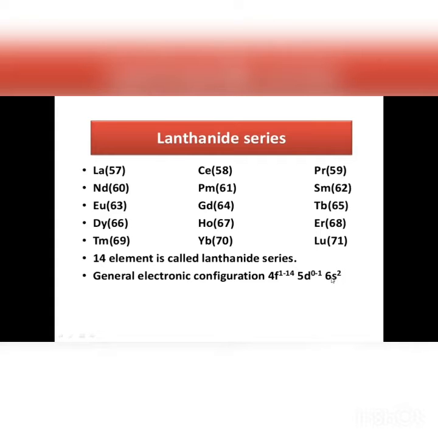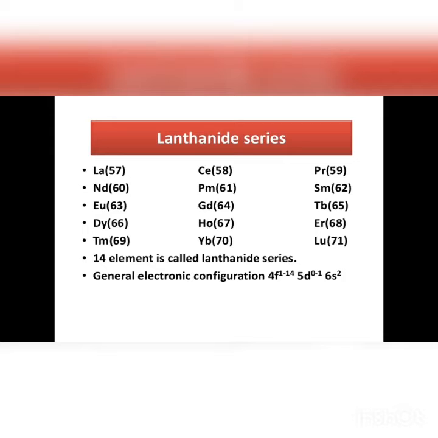So this 6s orbital is filled at barium, atomic number 56, after which the 57th electron enters into the 5d orbital. Here it is estimated that the 4f and 5d orbitals are very close in energy. Because 4f and 5d orbitals are very close in energy, after lanthanum, where the 57th electron enters into the 5d orbital, for cerium, praseodymium, neodymium, the incoming electron now enters into the 4f orbital.